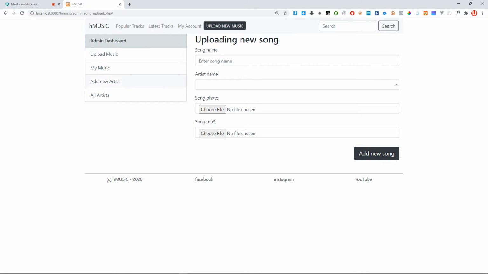So let us upload a song. Let us add an artist, and then after adding an artist, we shall upload a song, and after uploading a song, we shall do what? We shall